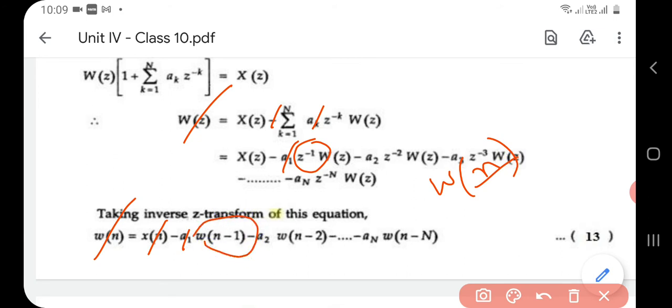Okay, now here, as already said in class 9, you are applying the inverse z transform to each of these terms and you will get this equation. Okay,